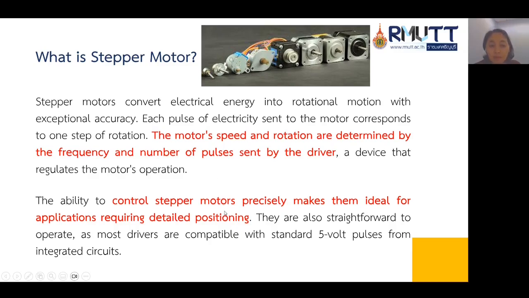The ability to control stepper motors precisely makes them ideal for applications requiring detailed positioning. They are also straightforward to operate, as most drivers are compatible with standard 5-volt pulses from an integrated circuit.